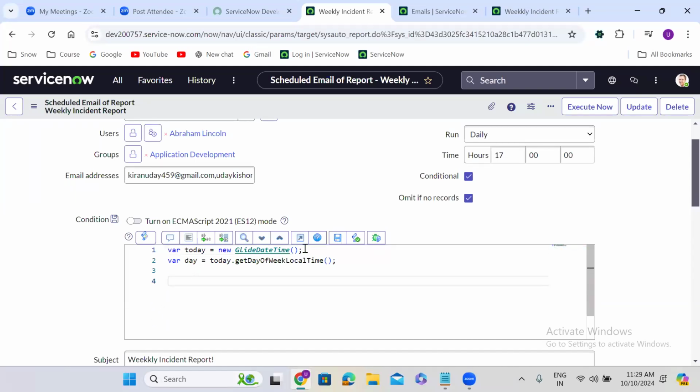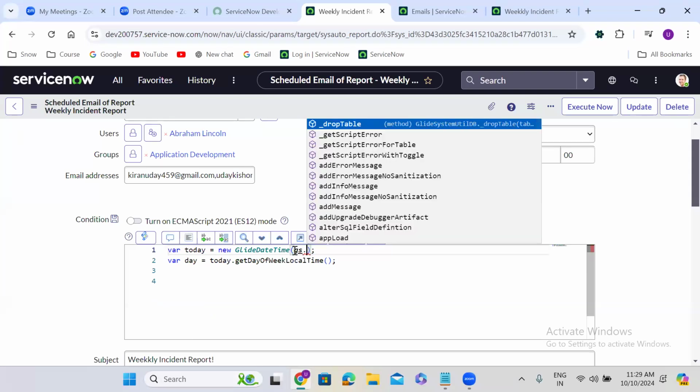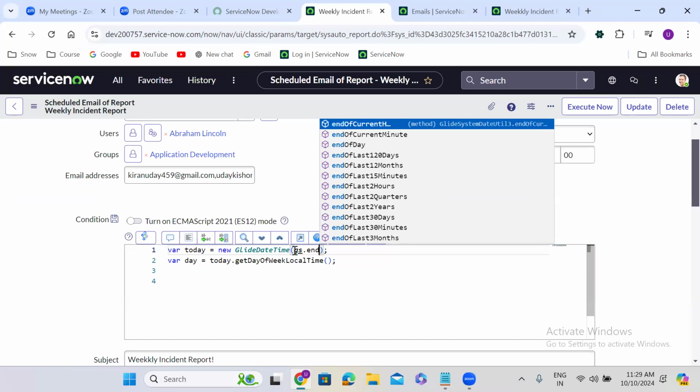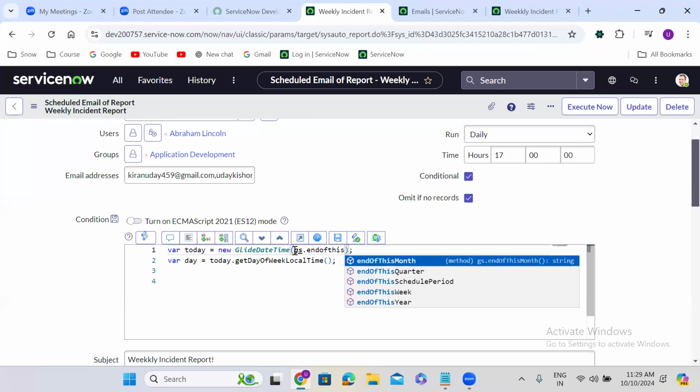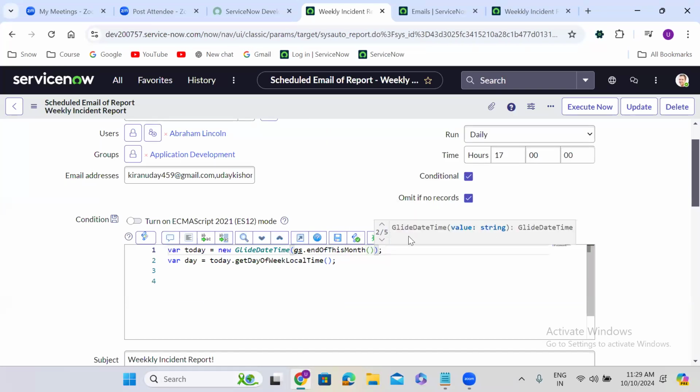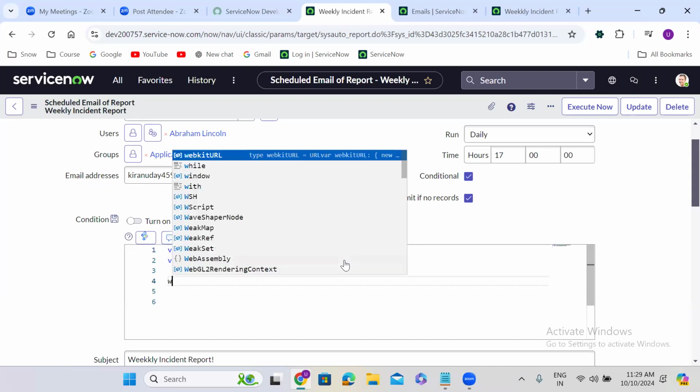So here you have to use GlideSystem, gs.endOfLastMonth, end of this month. End of this month means it will give the October 31st date. October 31st is which day? If that is not Saturday,